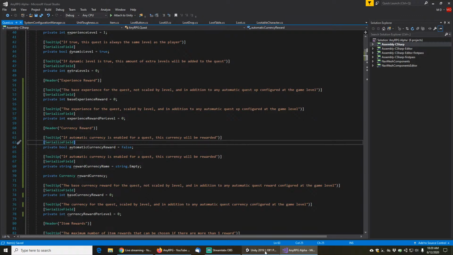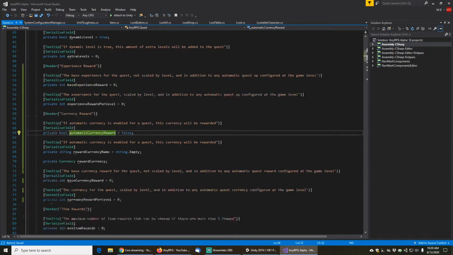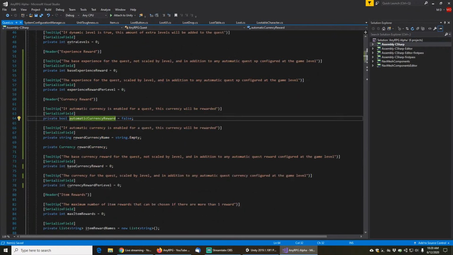Not all quests should give currency. It makes the most sense to give a currency reward if you're actually turning the quest into someone, but if you turn a quest in at a rock or some other inanimate object, how would that object give you money, right? So we'll keep that as not a default, and we'll say if true,